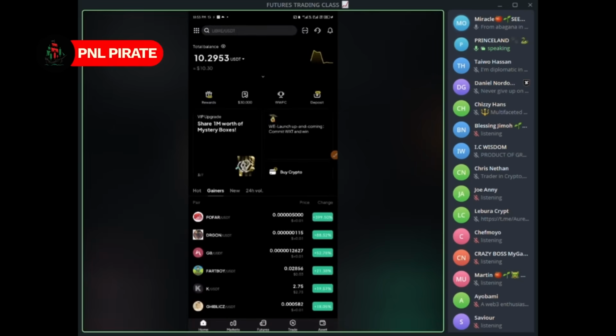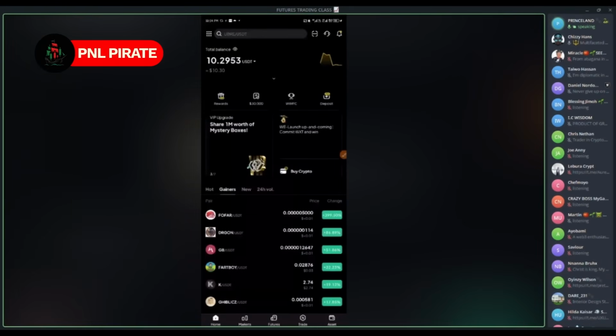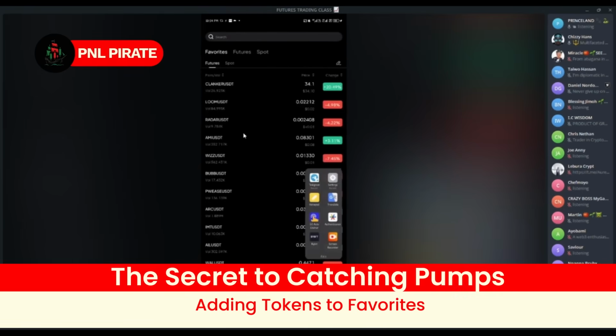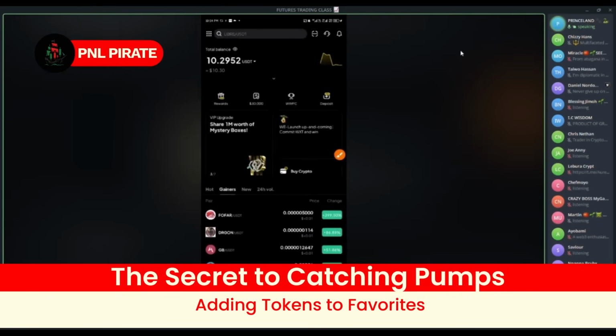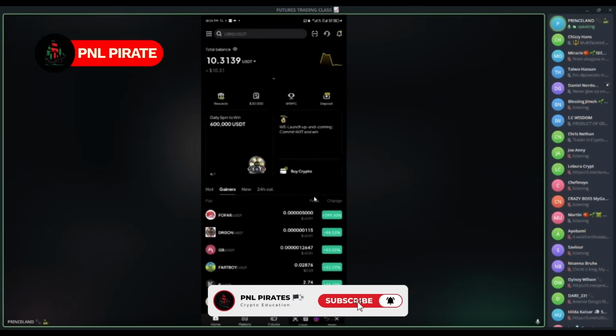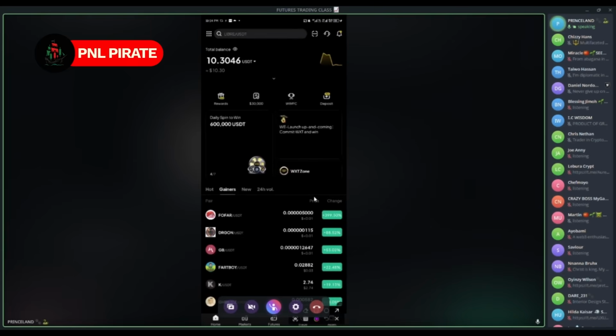Now, you have money for... You see this market now. Let me bring this up. So I want to show you guys something. There's something you need to do as a trader. The first thing you need to do is when you see a token, for example, a professional calling a token for you to go and trade, first, you need to add this token to your favorites. Add all those tokens to your favorites